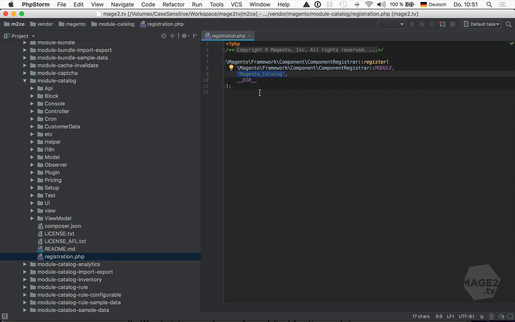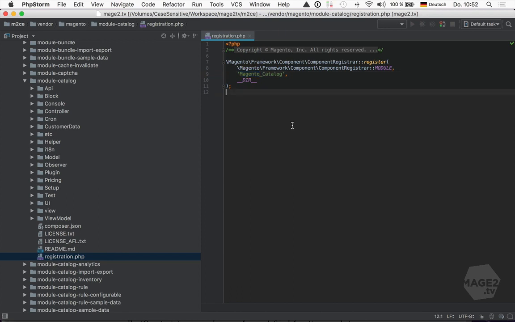We'll talk more about the registration PHP file, what it is for and how it works later on. For now, please just look here. In front of the underscore, we can see the namespace, and behind the underscore, we can see the module's name. Please note, both start with a capital character. That's required. For most core modules that are distributed with Magento, the vendor namespace is Magento. Third-party developers usually choose their company or their personal name. The purpose of vendor namespaces is to avoid clashes between modules, which is kind of the purpose of any namespace,